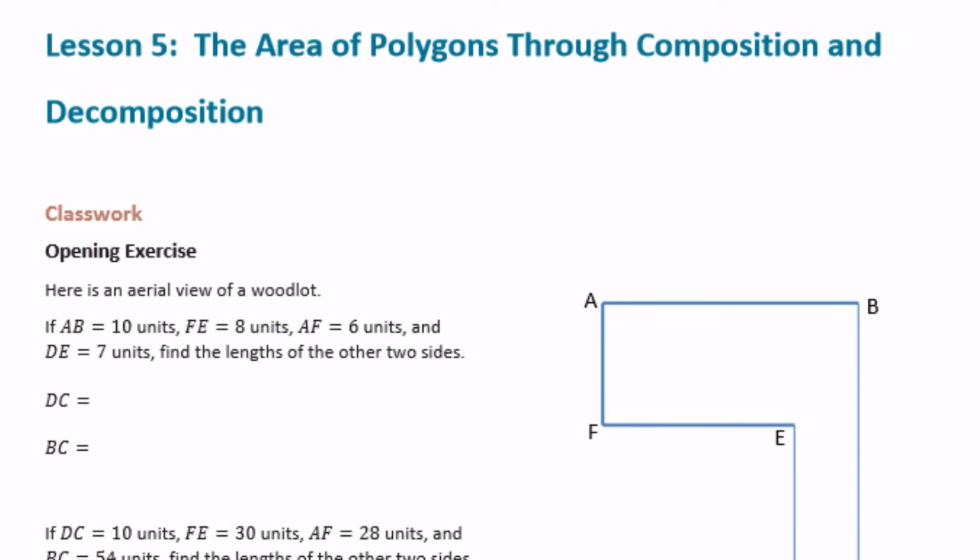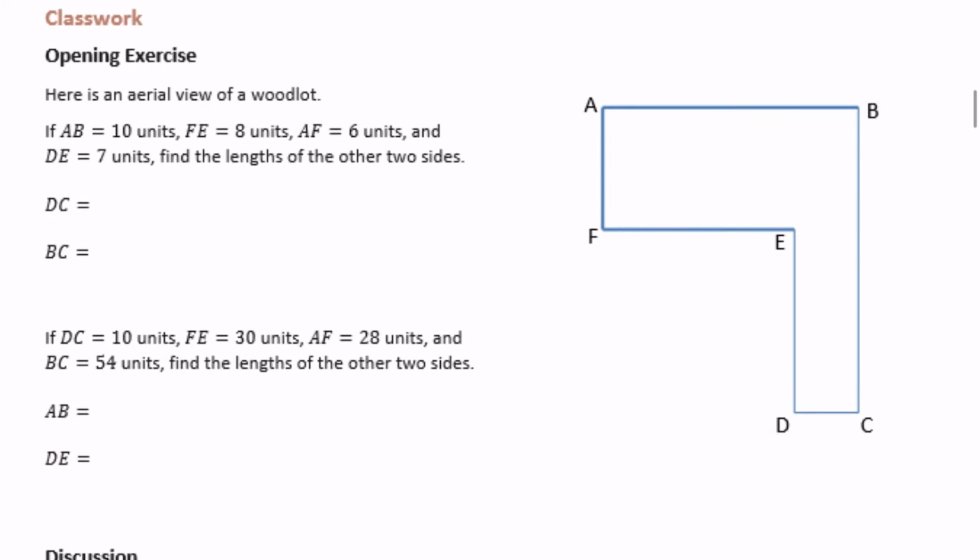6th grade, Module 5, Lesson 5, Classwork. Opening exercise. Here is an aerial view of a woodlot. If AB, meaning line segment AB, right here from A to B, is 10 units,